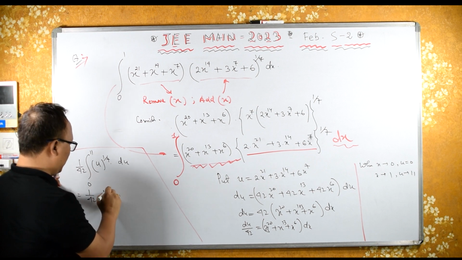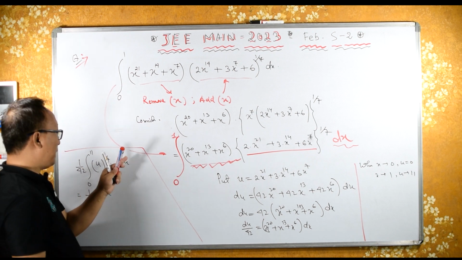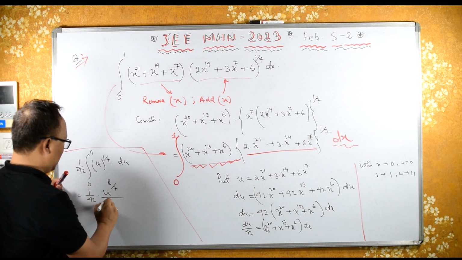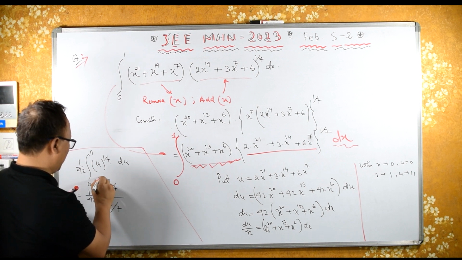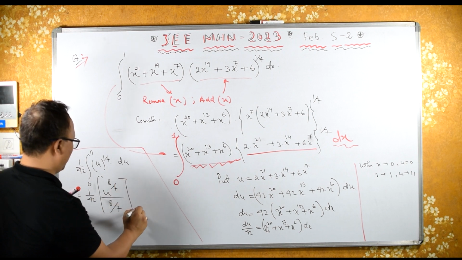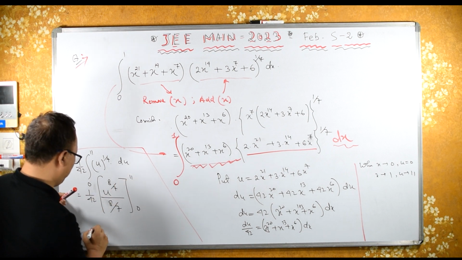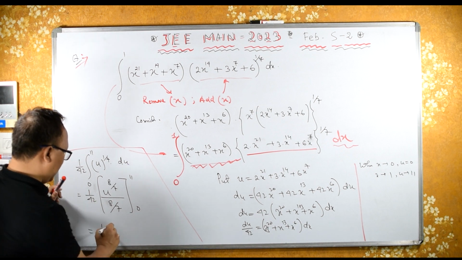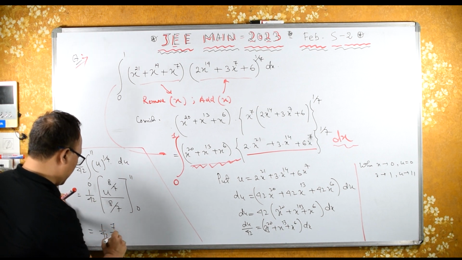Integration of this is what? u raised to 1 by 7 plus 1 is what? 8 by 7, and then here 7 by 7, and limit is from 0 to 11. Here 1 by 42. This 7 will go off. 7 by 8,